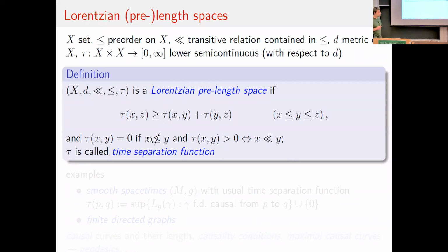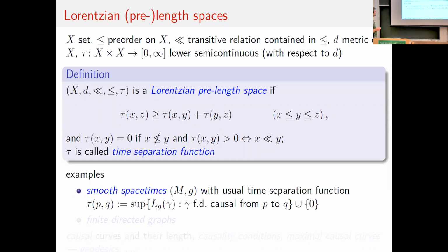This has the advantage of encoding everything in the time separation function, and I slowly get to appreciate this convention. But this, of course, is in analogy with the space-time case, and somehow it's equivalent. If you have this convention, you can always go back and define your time lag relation, and then in that order, for example.